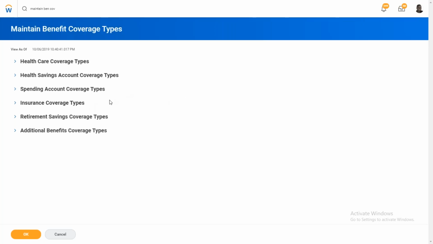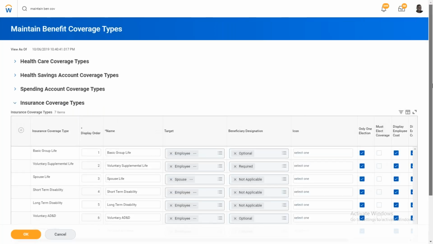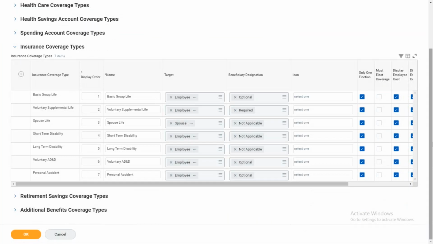So what is the insurance coverage type? Let me expand so that you'll get more idea. Insurance, insure.